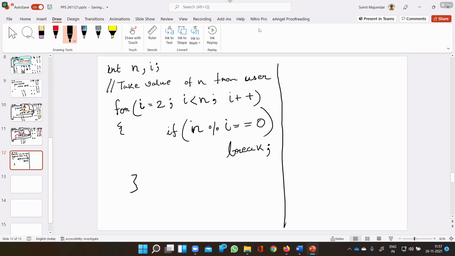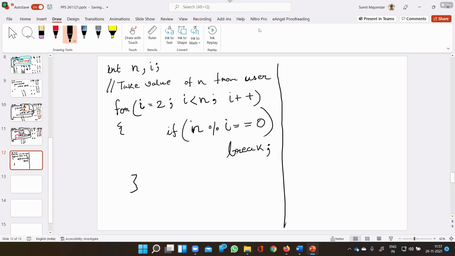What are the two conditions when the loop will be terminated, either forcefully or naturally? When n is an even number, the loop will break. But when n is an odd number and I is also, like, 3, then also the loop will break.